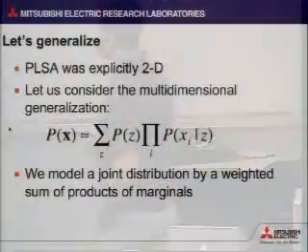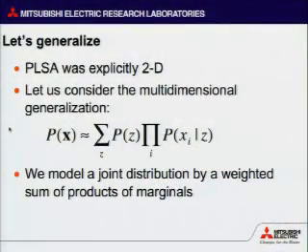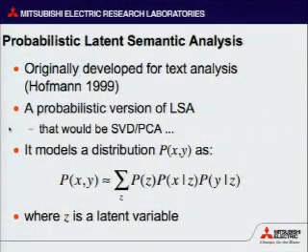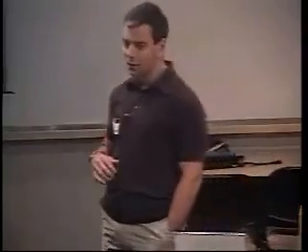So we're going to start the stuff that I'm going to talk about now from probabilistic latent semantic analysis. That was an algorithm that was originally developed for text analysis by Hofmann back in 1999, and it's basically a probabilistic version of the SVD essentially. You want to find correlations between words or letters or whatever. People used to do SVDs for that. Hofmann did this in a probability space by using the PLSA.